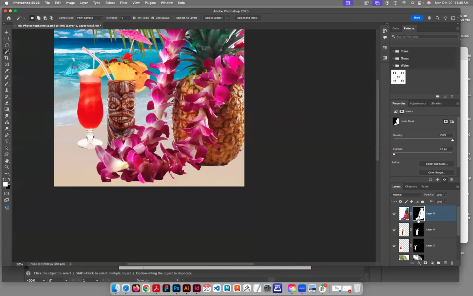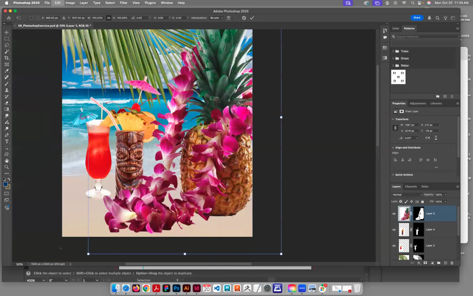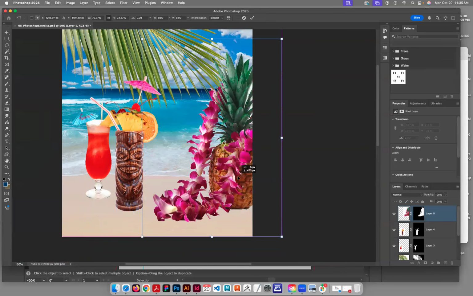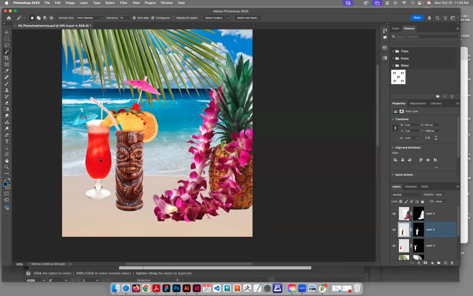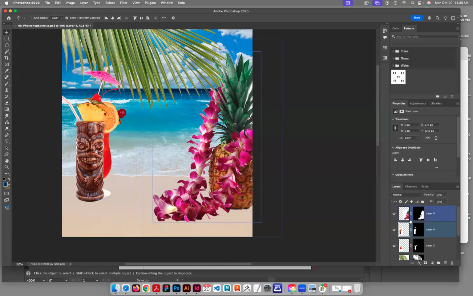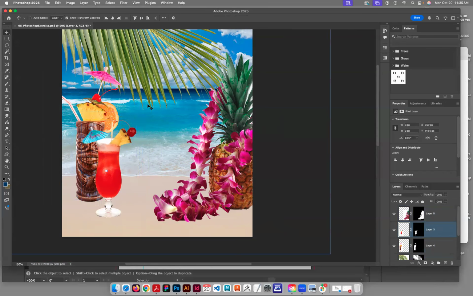So the whole goal here is create your own little composition. I'm going to make that smaller. Maybe I'll move these drinks over here. The other thing too, these are on layers, so you can change the order. I can move this drink up here and do that. And then when you get a composition you like,